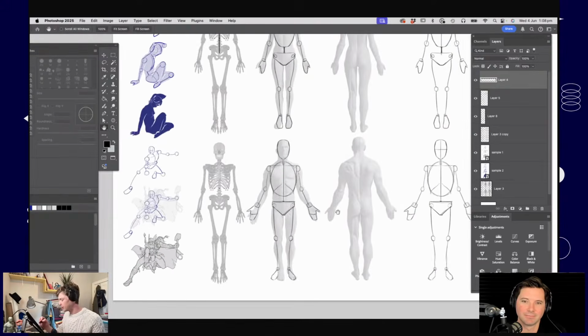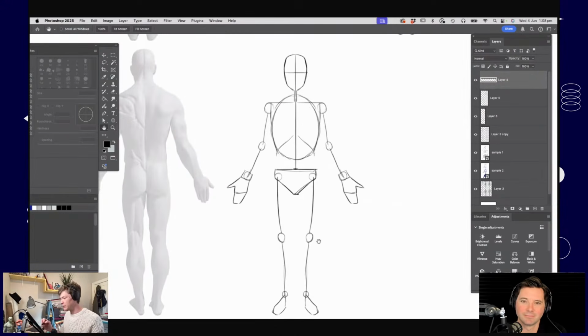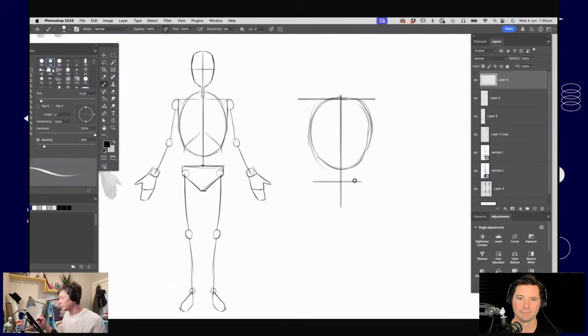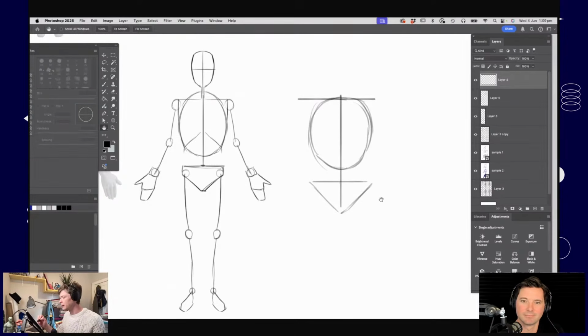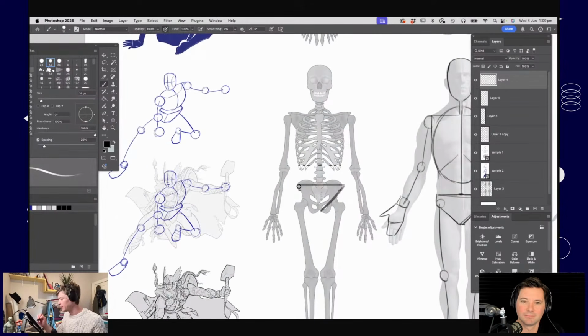Yeah. So I've got a couple more of the stick figures here. This is, I guess, a slightly more detailed version of it, and I'll sketch it up and talk you through it. So if I'm drawing a basic standing figure, I'm going to start with the line of the spine and the line of the shoulders there. And below that, I'm going to draw an oval shape, and this is representing the rib cage. And below that, I'm going to put an inverted triangle for the pelvis. So you can see these are really basic shapes, but they're mimicking the shapes that would be happening in a real skeleton.